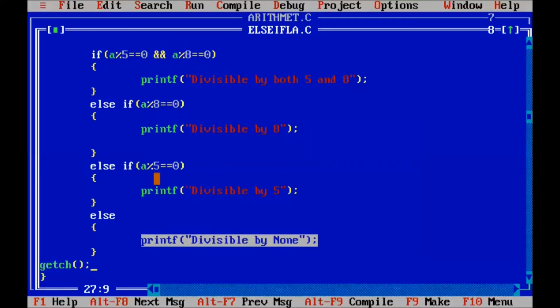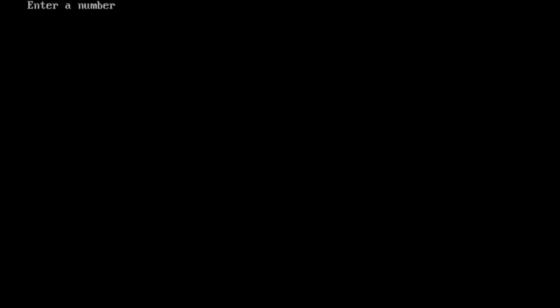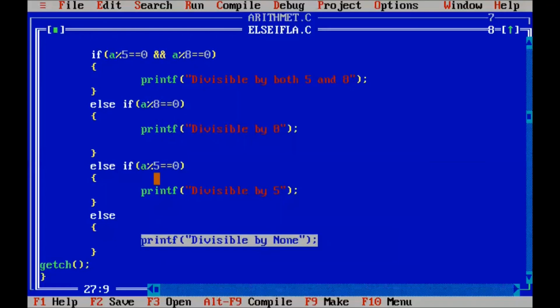One more time we run. Suppose we give 70. Divisible by 5, because this 70 is divisible by only 5. Okay, once again we run. We give the value 24. The value 24 is divisible by only 8.